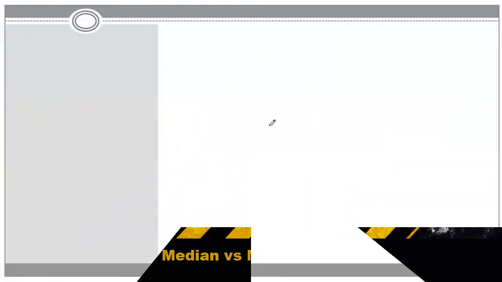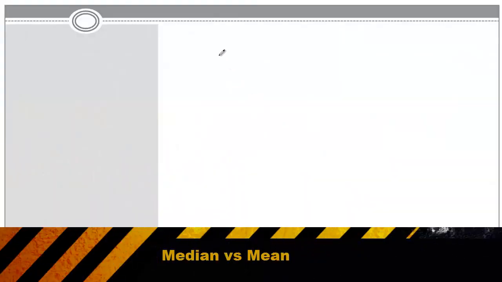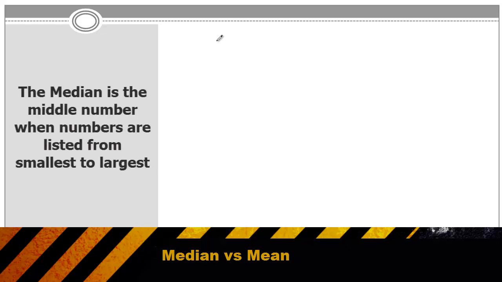Average problems are extremely common, and you're likely to see multiple average problems on your exam. Generally, there are two kinds of averages. There's the median, and there's also the average known as the mean. The median simply means the middle number, much as the median in the highway is the concrete barrier in the middle of the road. So to find the median, all you do is you list your numbers from smallest to